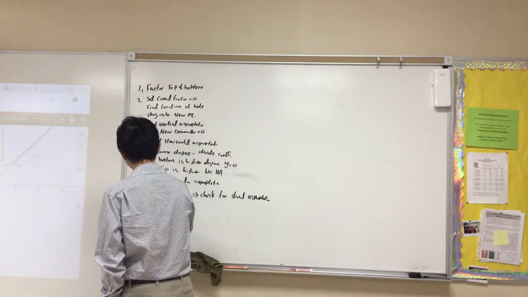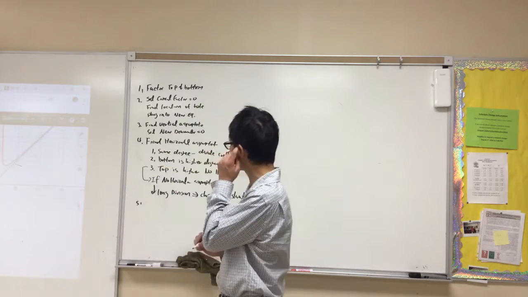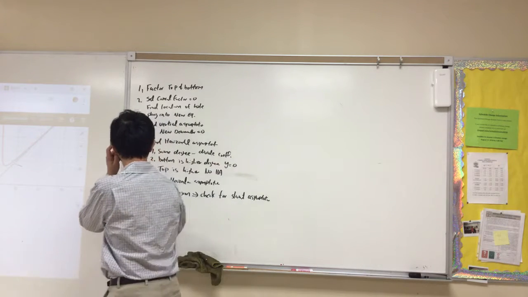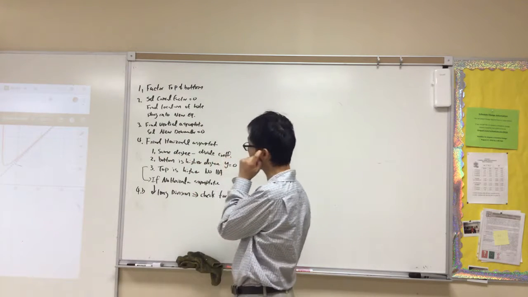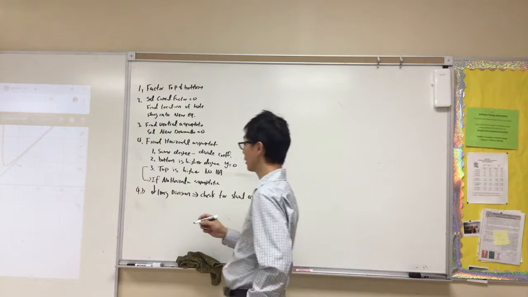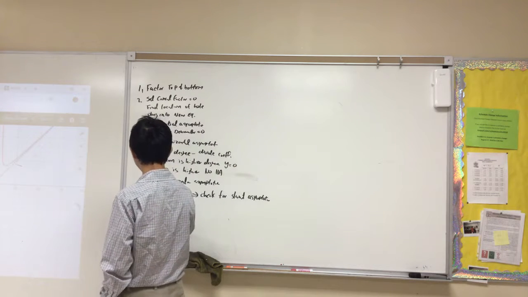Now, the fifth step here is probably like a 4B, because if there's no horizontal asymptote, then you check the 4B, which is the fifth step: